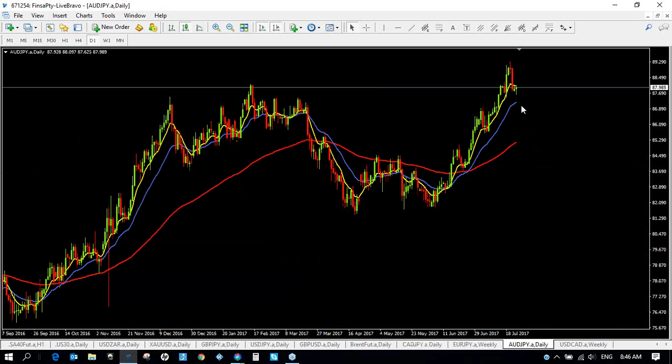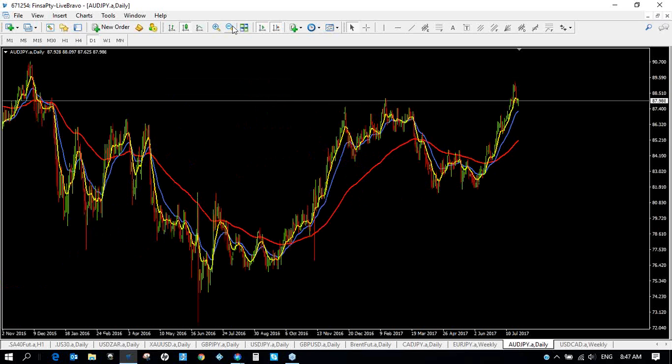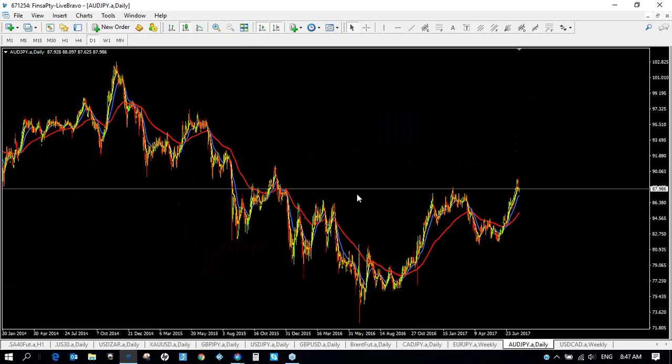Australian dollar, one of the strongest currencies, and that's holding above resistance. It's not a pair I trade regularly. It's a bit choppy. There's potential here for a head and shoulders as well, and again, it's just not holding above the neckline. So trade